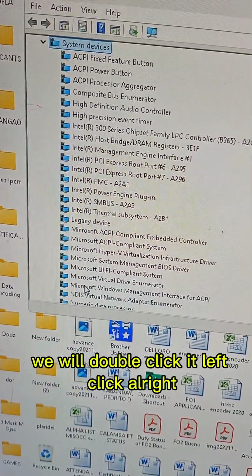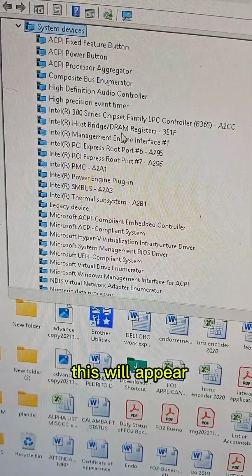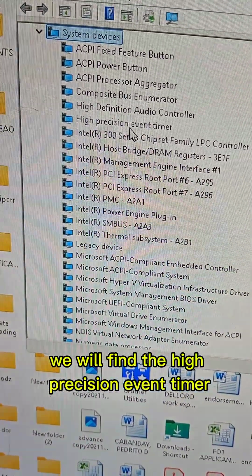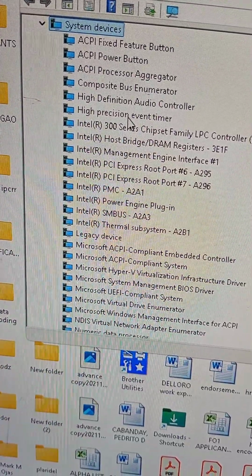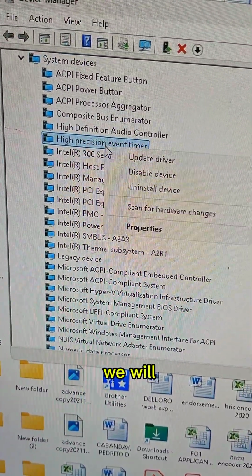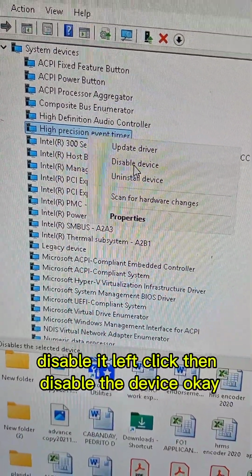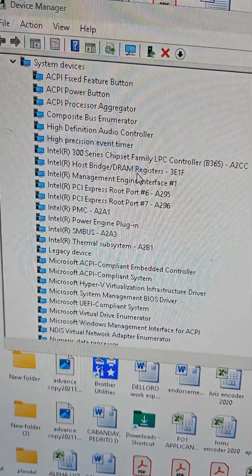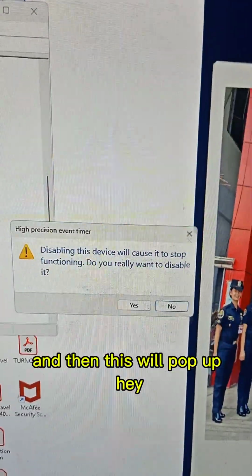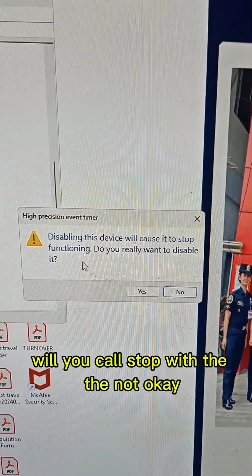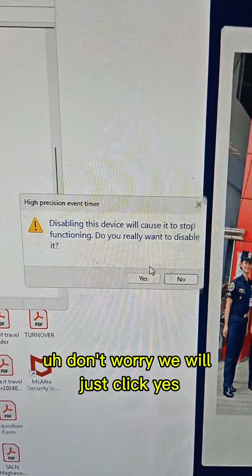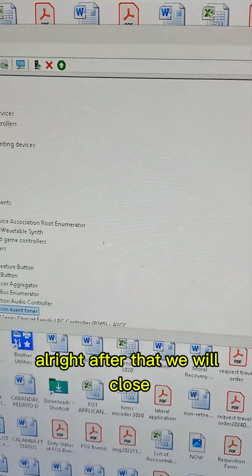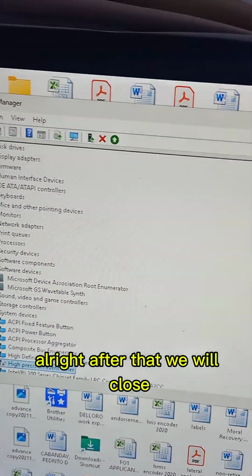Alright, this will appear. We will find the high precision event timer. We will disable it, left click, then disable the device. Okay, and then this will pop up. Don't worry, we will just click yes.